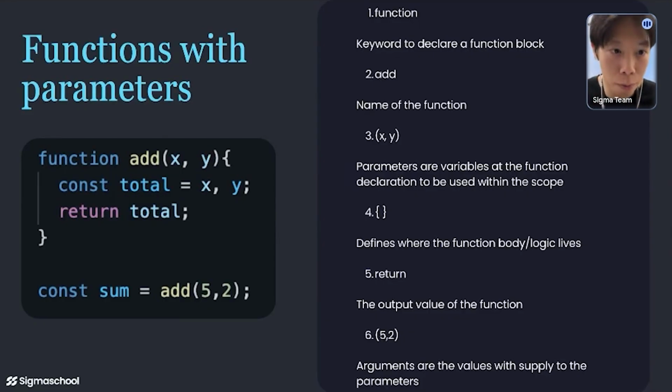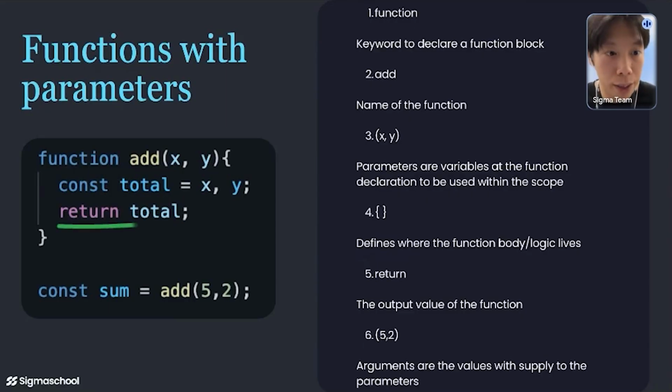So remember, the scope means whatever is within the curly brackets. So when you have X and Y in this example, it's telling the function that you have 2 variables called X and Y, and you can use them however you want within the curly brackets, right? That's how you declare a variable that you can use within the function. And the value, you can assign it as you please. Later on, you can call the function multiple times and pass different values to these variables, which we call parameters, right? So as you can see, the curly bracket defines the body and the logic, the scope, right?